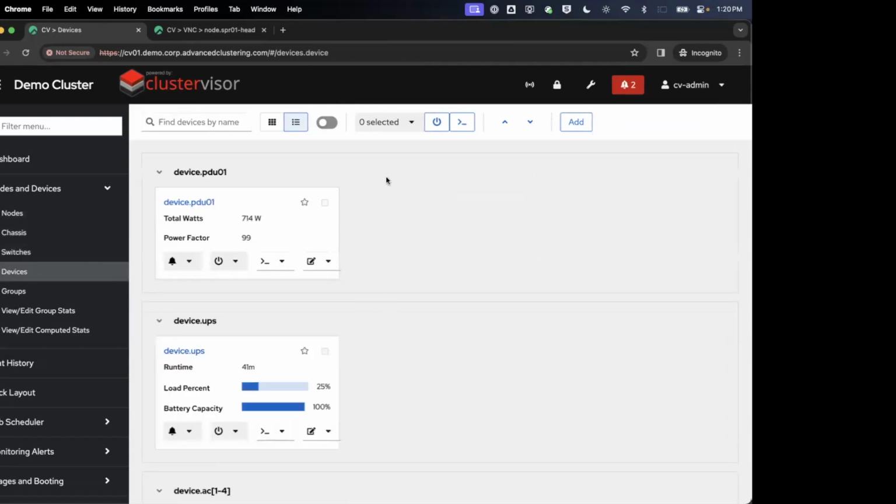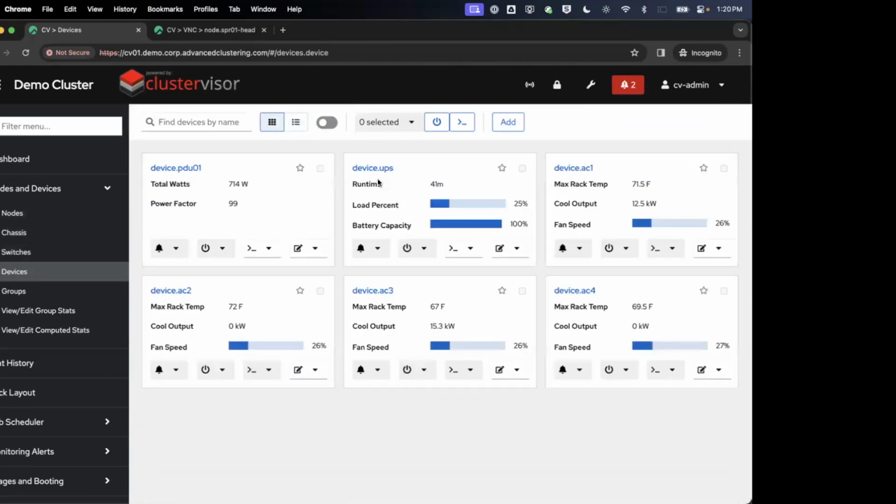We have devices, so I'm going to flip to this kind of view to show them in a little more compact way. You can see all of the individual devices, and devices are basically any other generic kind of item on the cluster. So you can actually add in, like I said, we've got UPSs, we've got air conditioners. You can create